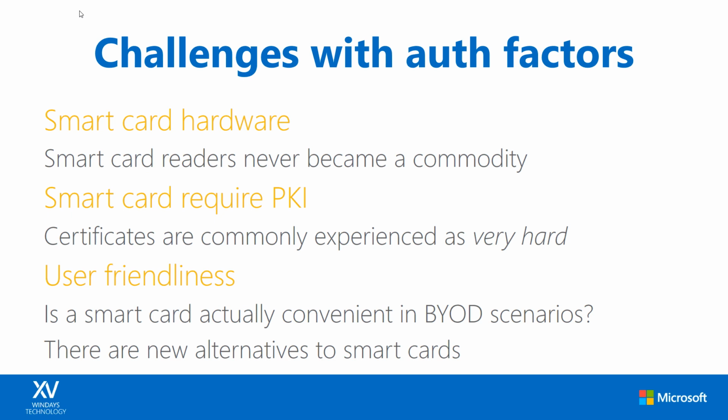So the demo website that I just showed you works on a phone as well. If I'm going to secure that with a smart card, even though I have a pretty large phone, a Lumia 1520, a smart card doesn't fit into it. So it's not very user-friendly for bring your own device scenarios. Luckily,